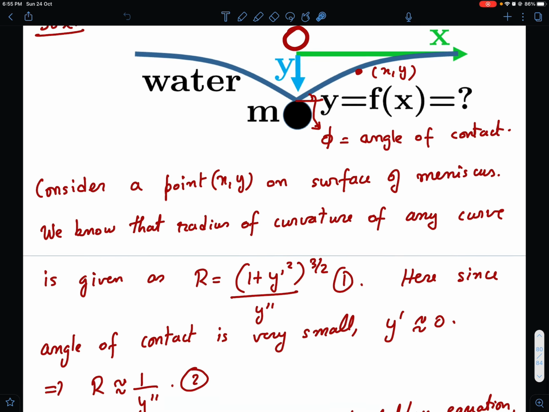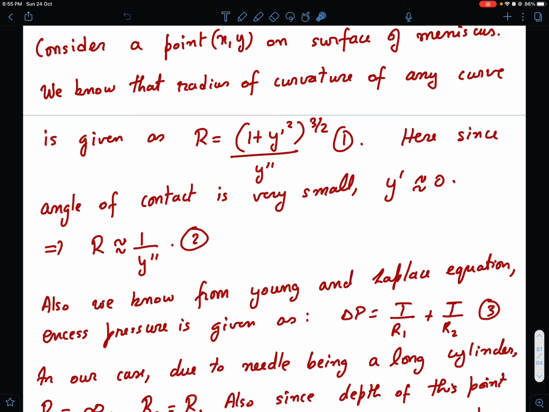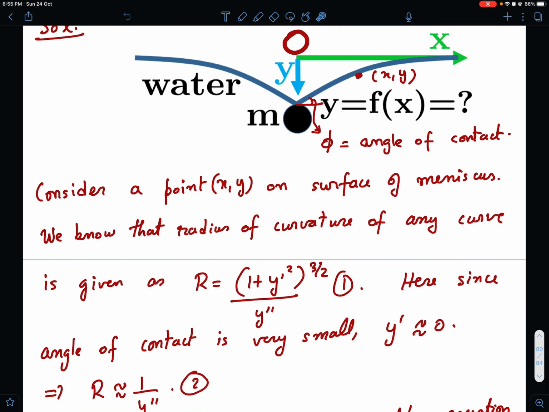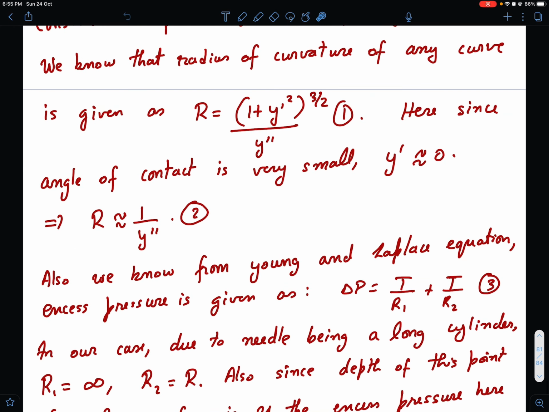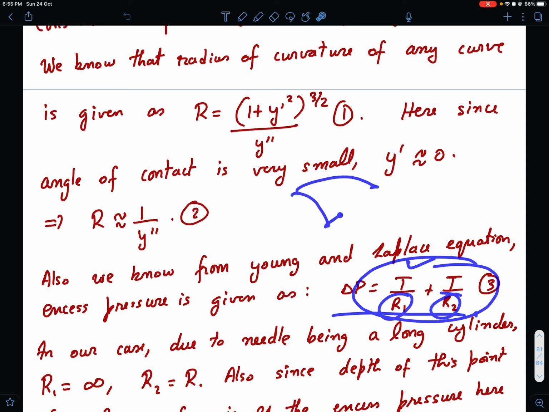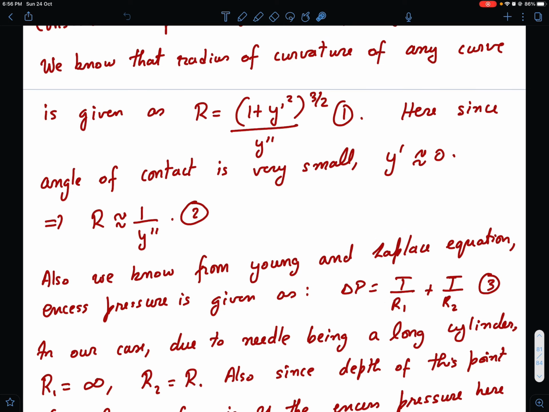We also know from the Young-Laplace equation that whenever there is a concave side and a convex side, the concave side is at higher pressure by T by R1 plus T by R2, where T is the surface tension and R1 and R2 are radii of curvature in two mutually perpendicular directions. So this is R1 and this is R2, let us say. Then the excess pressure on the concave side is T by R1 plus T by R2 by the Young-Laplace equation.